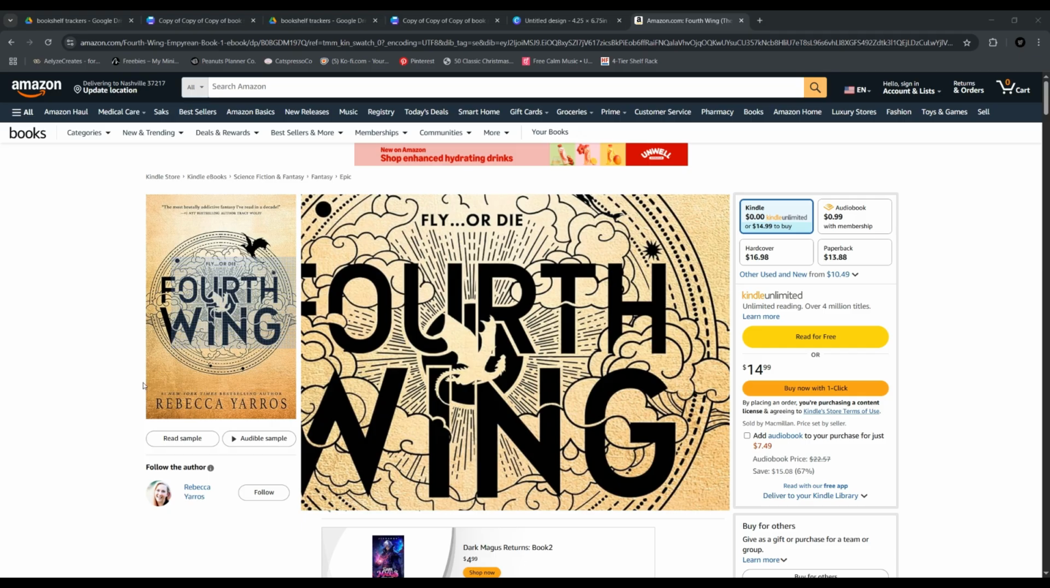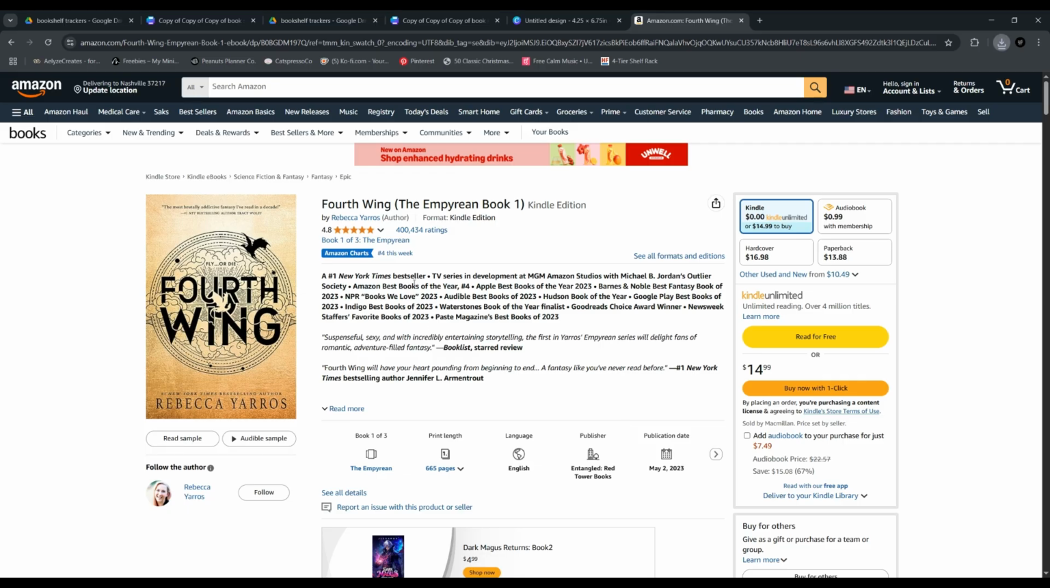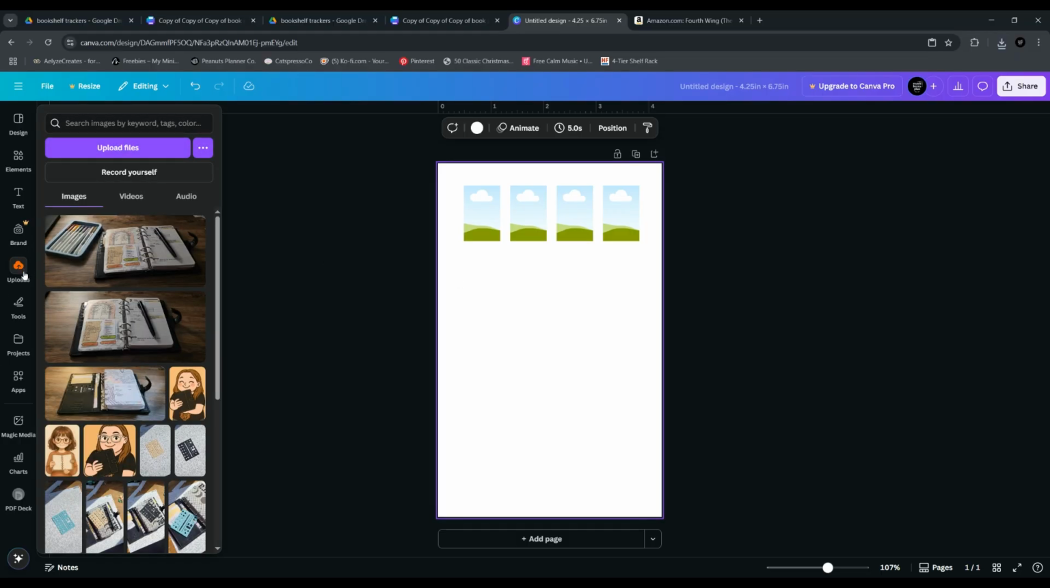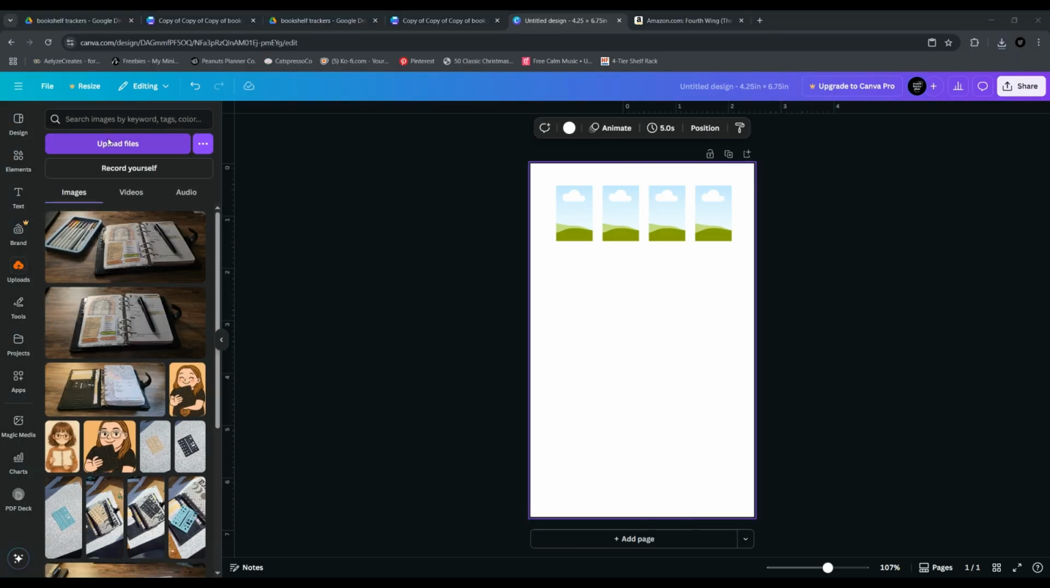And then you don't have to rename it. You can if you want. If you want to save all your book covers into a folder, you're just going to click Save. And so now your book cover is saved onto your computer. And what you can do is, I have one here that's a Franklin Covey size insert, so I'm going to do this. You can go to Uploads, and you can upload file,